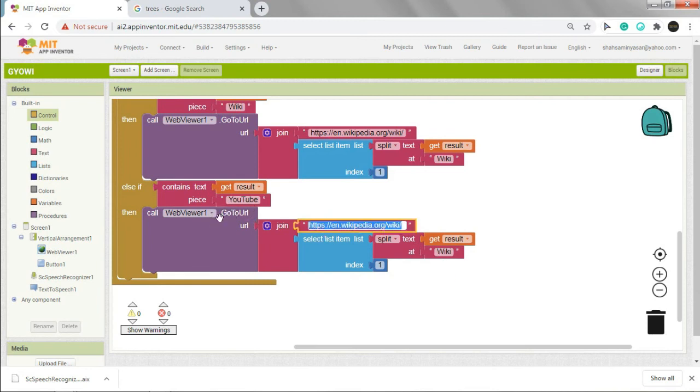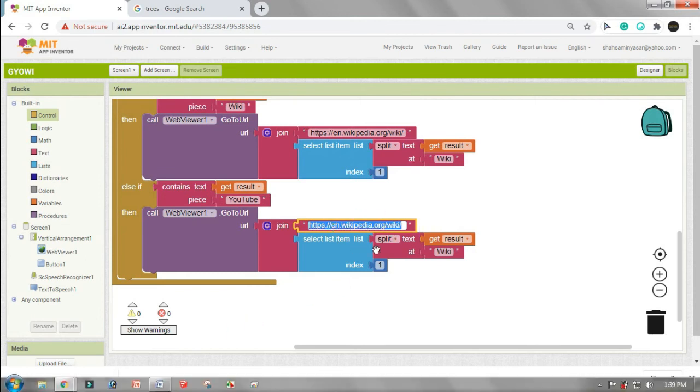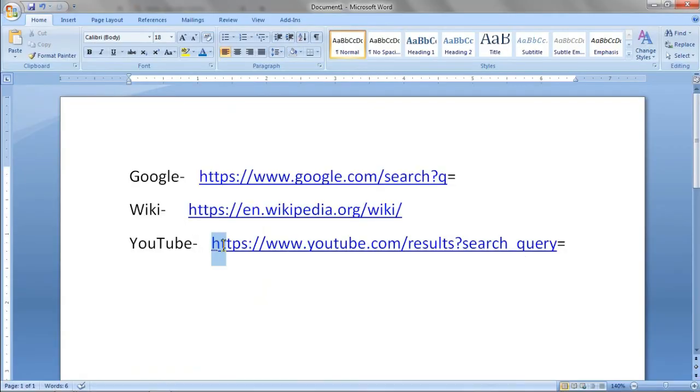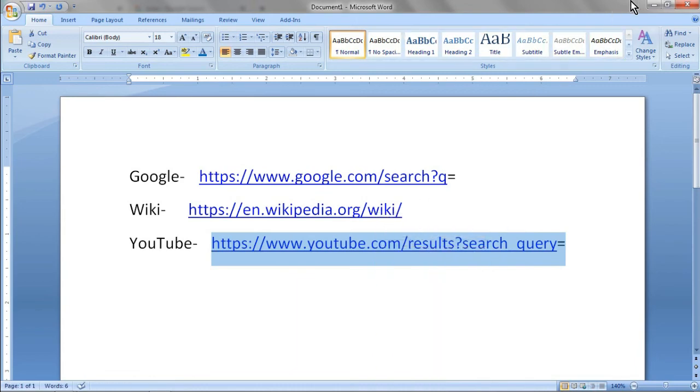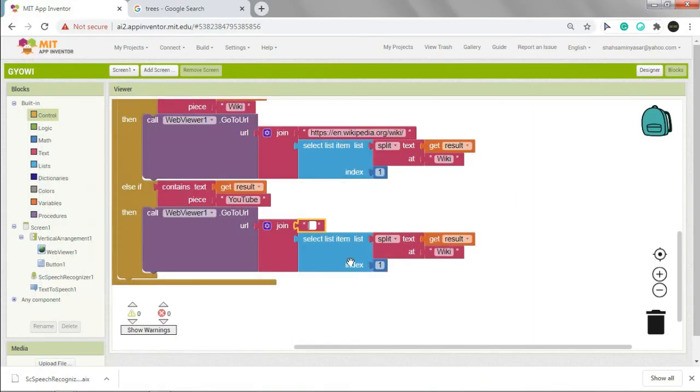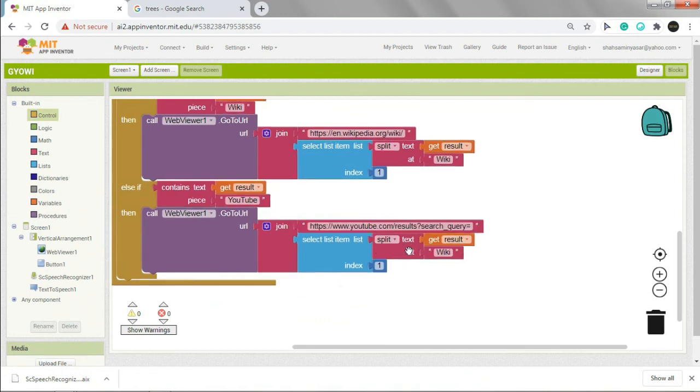Okay. So if the result contains text piece YouTube, then we have to call the web viewer one to go to URL. Join the URL. What is the URL? The links are given in the description. So this one is for the YouTube search URL. Now join this URL with, and then we have to split the text at get result at YouTube. Here also you should write capital Y, O, U, capital T, U, B, E, YouTube.